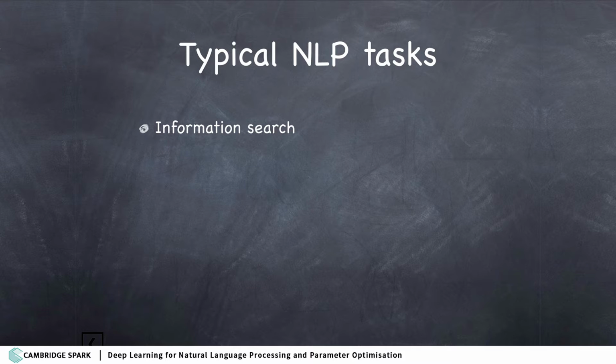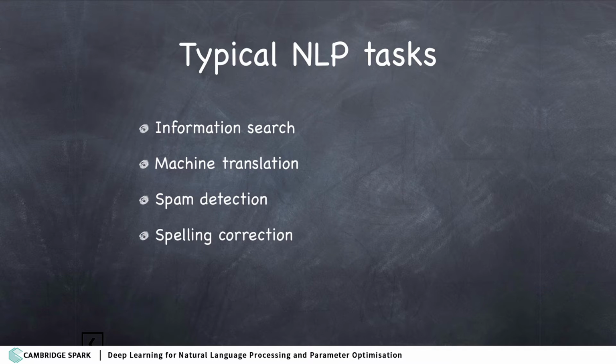Information search. Whenever you search something on Google, it uses NLP techniques to actually find the relevant information for you. Machine translation is another example of NLP technology. Spam detection. Nowadays, you probably don't see much of those spam emails coming into your inbox, thanks to NLP technology. Spelling correction. Whenever you type something, say in a word processor, it would highlight the incorrect words for you. So this is driven by NLP technology as well. Sentiment analysis, predicting whether a review on a movie is positive or negative, whether it is saying something good about the movie you have seen, is also driven by NLP technology.